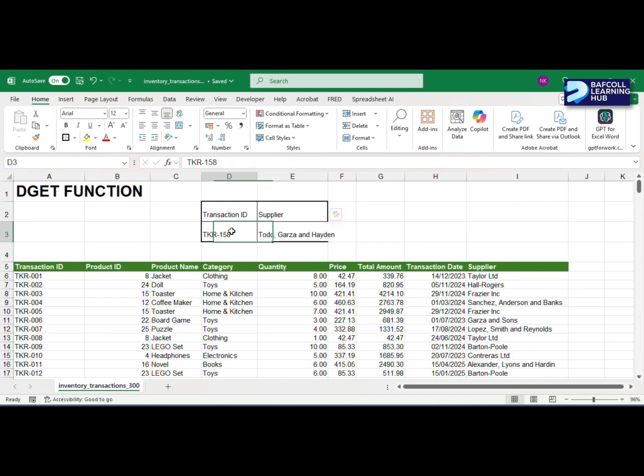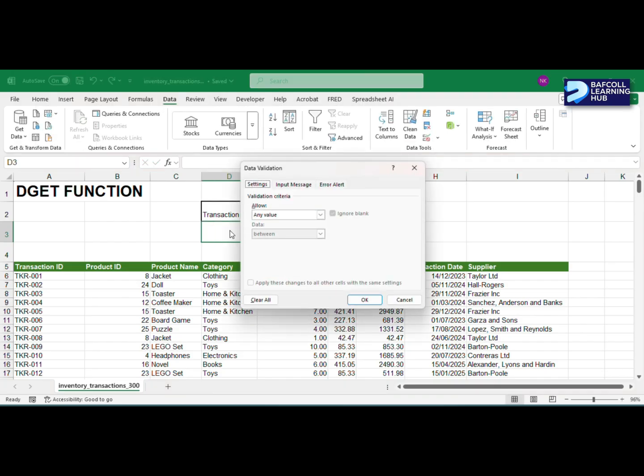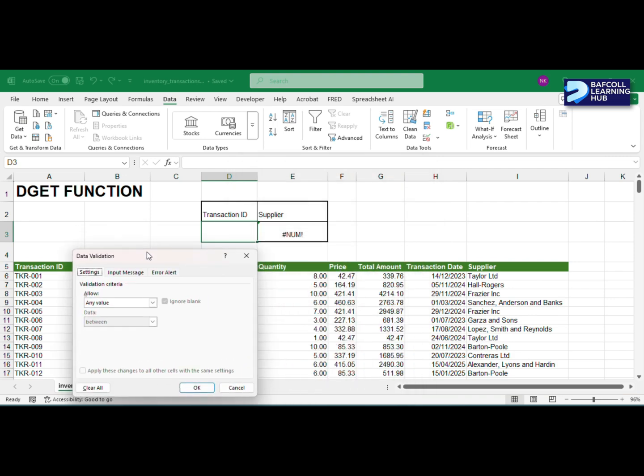All right, now just like the mistake I made over here, one thing you can do to minimize such errors is to also use data validation in addition to applying the lookup function. So in that instance, let's apply data validation to get a drop down list for the transaction ID. So I'll go ahead and delete this, and I hit my Alt AVV. Sorry, my Alt AVV, I get my data validation